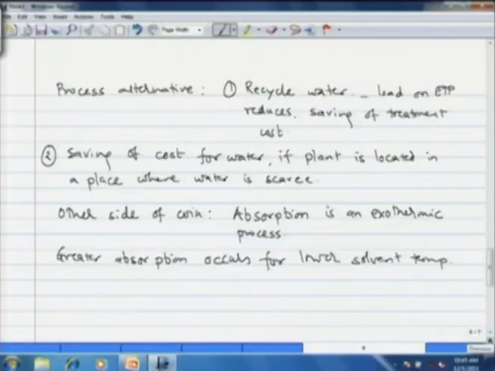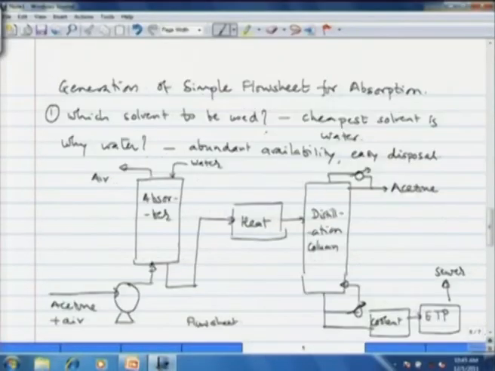In case where water is being fed fresh continuously, as you see in this flow sheet, the flow sheet without recycling of water, the water that may come in will be at much lower temperature. Suppose it is, let us say, drawn from a bore well in the process plant area. Okay, then that water could be at 77 degrees Fahrenheit, and then the extent of absorption that will occur in this water will be higher. Okay. So, that point we note is that